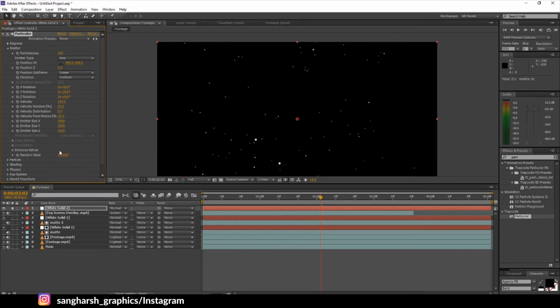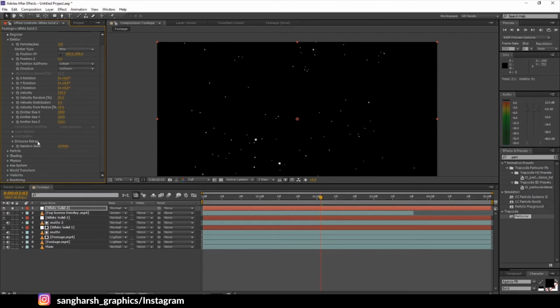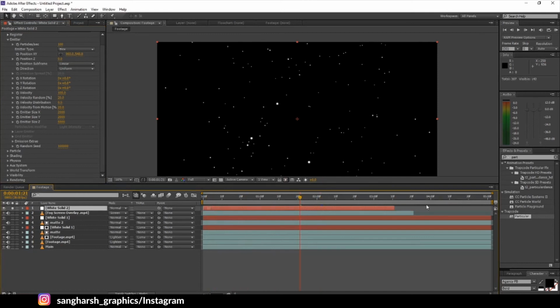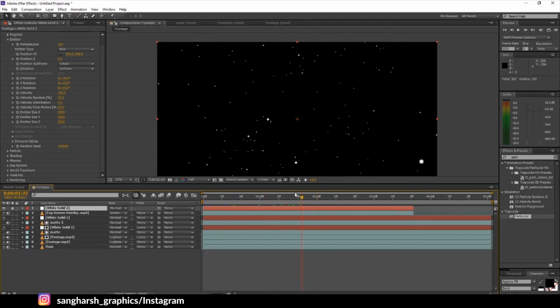Okay, now we just need the particles from here. So trim the layer from here, drag it up to here and make it up to this, like this. Okay, now as you can see, the particles are here.